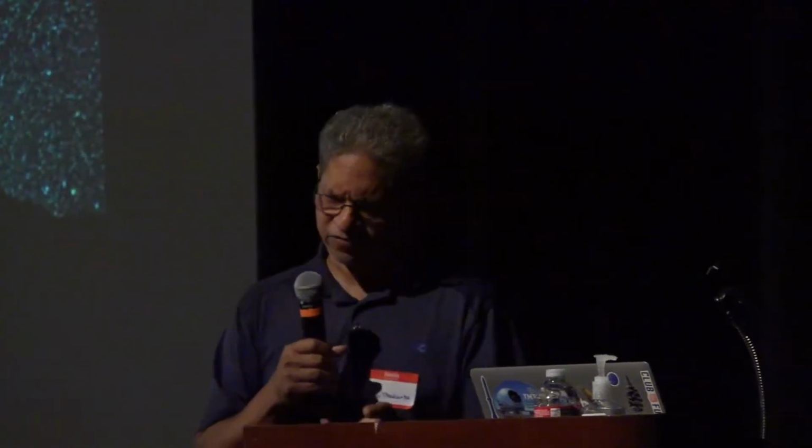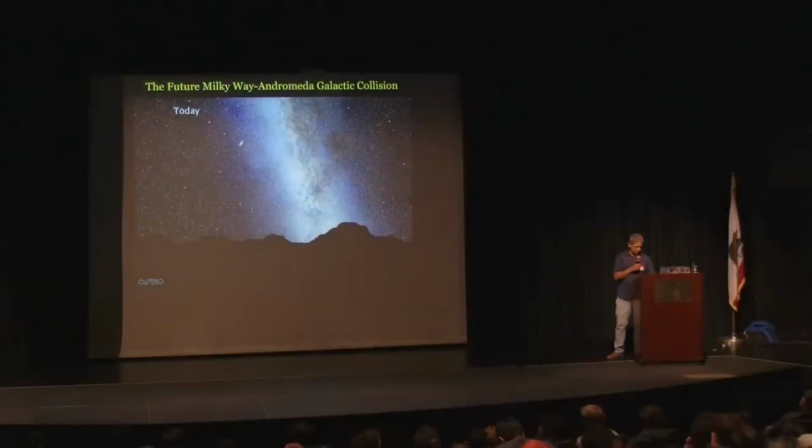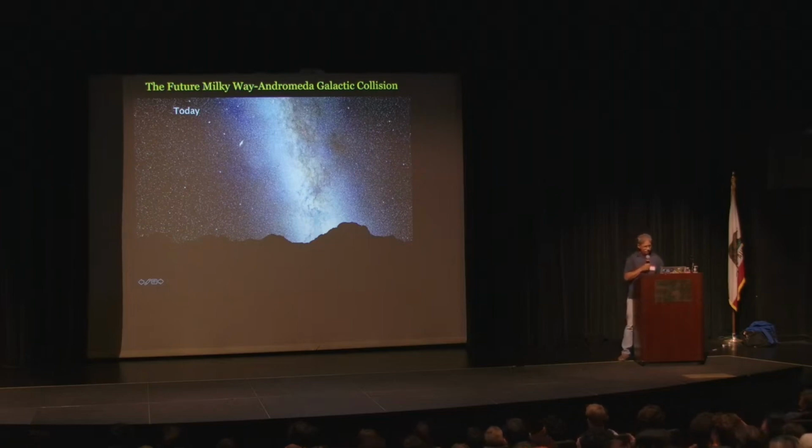So this second discovery, of how Andromeda is moving, was made using the Hubble telescope. So NASA made this publicity video. I don't know if you call it a publicity video when you make a doomsday video like this, but anyway, I'm going to call it that. They made this video that you're about to see that shows the future Milky Way Andromeda galactic collision. So I'll remove the label.